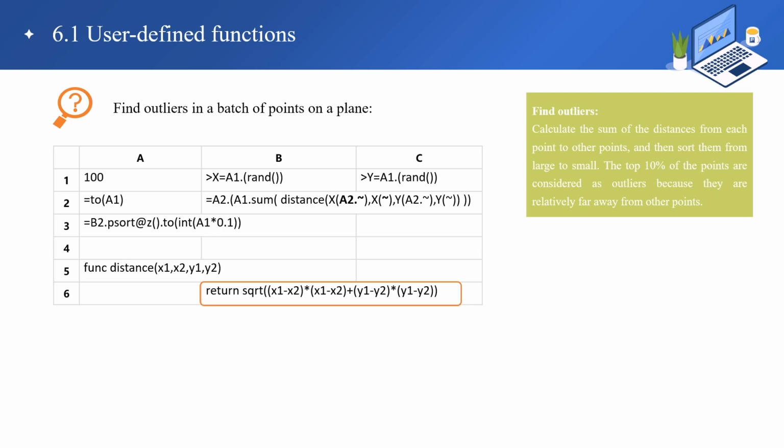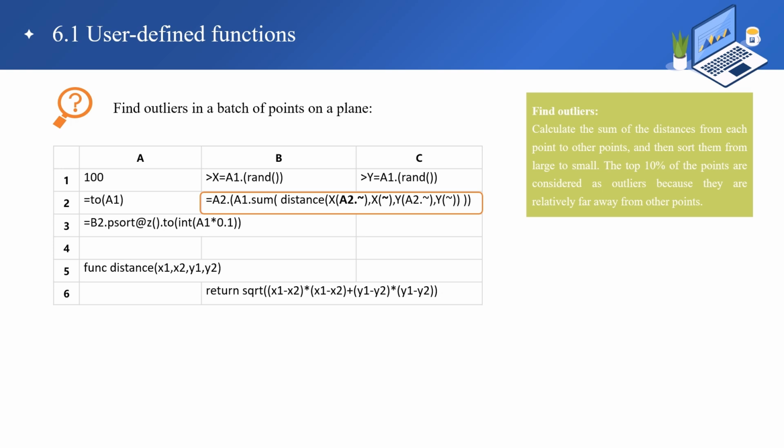In the main program, the abscissa and ordinate of 100 points are generated randomly. Then in cell B2, the user-defined function distance can be called to calculate the sum of distances. This is a 2-layer loop function. The inner layer calculates 100 distances and the sum. The distance between one point and itself is 0, so adding one more will not make mistakes, and we don't have to exclude the point itself. The outer layer loops the 100 points. Note the difference between A2